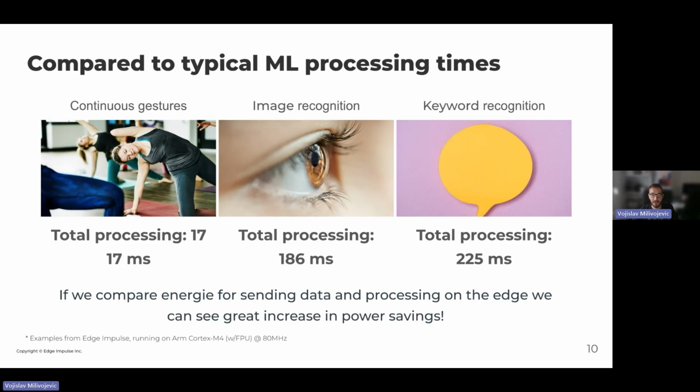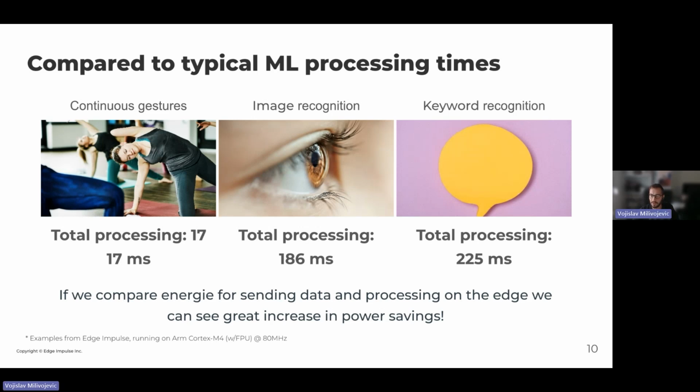So having that in mind, if we translate that energy into power cycle, that energy into CPU cycles, and that energy into time, and how much time we need for sending data, and compare that to how much time we need to process even more complex models like image recognition or keyword recognition, we can see the increase in performance and saving of power